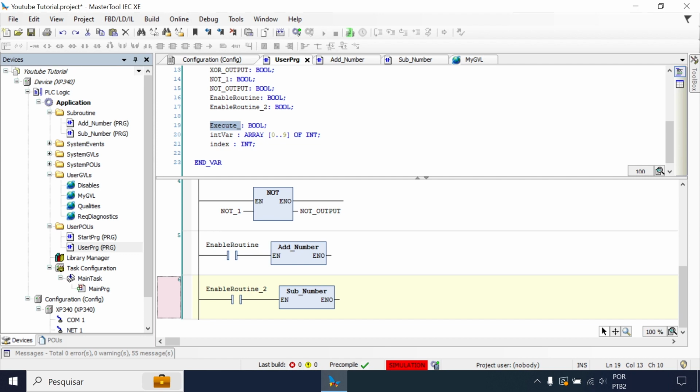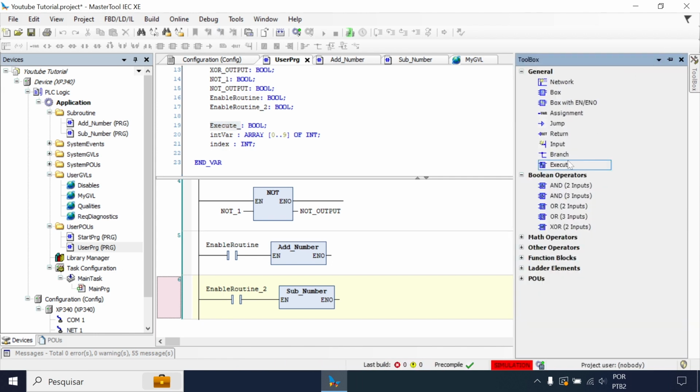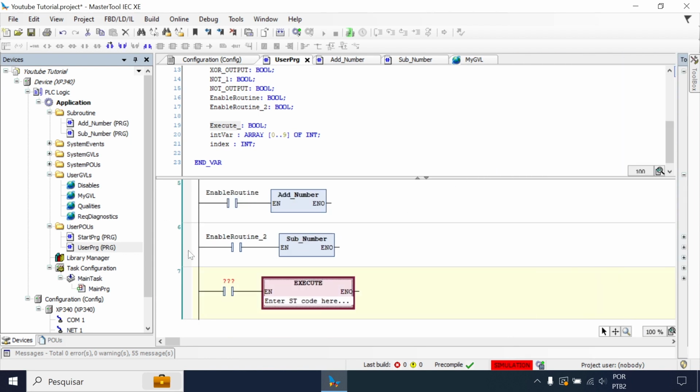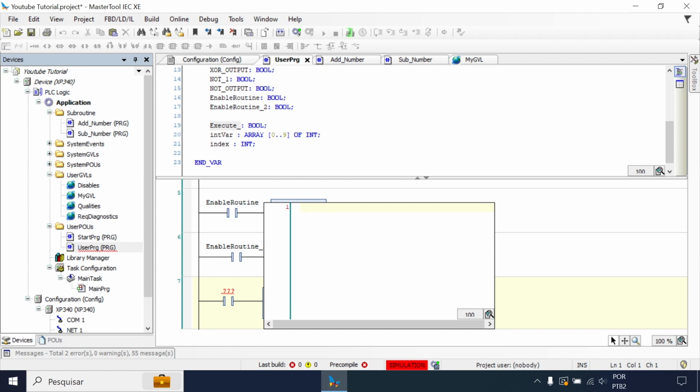For this reason, you can agree with me that it may be a little tricky in ladder logic, so we're gonna use a special block on Mastertool which is called execute. So I'm gonna place it on the next network, and here I'm gonna enter my ST code. So the code, I'm gonna just paste the code which I already created,